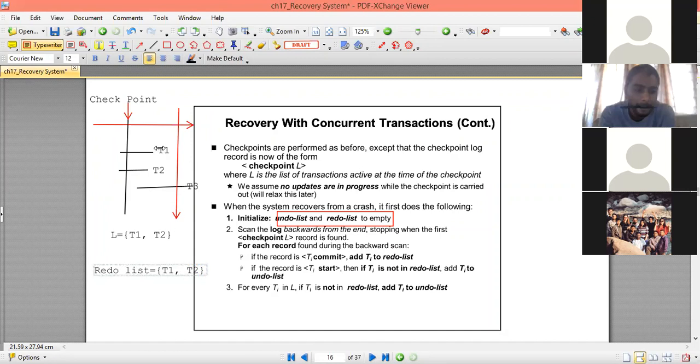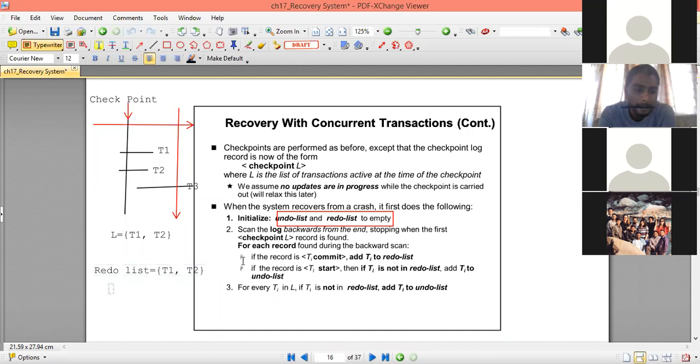Both T1 and T2 have commit operations, because if we scan backward from the failure point till the checkpoint operation starts and find commit operations of transactions, those transactions will be added to the redo list.